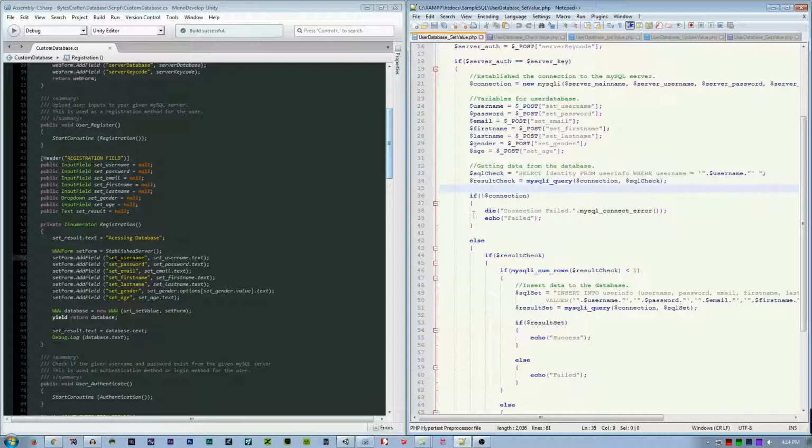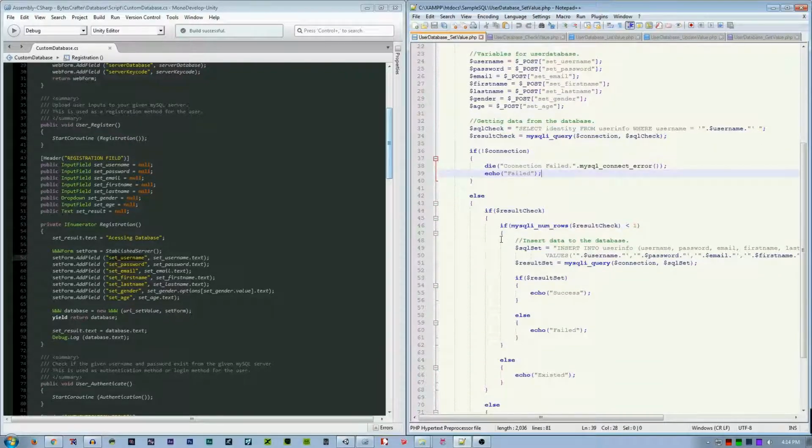So if not connected, the connection failed, mysqli connect error, then make a callback called failed. Then else, if connected, if result check,